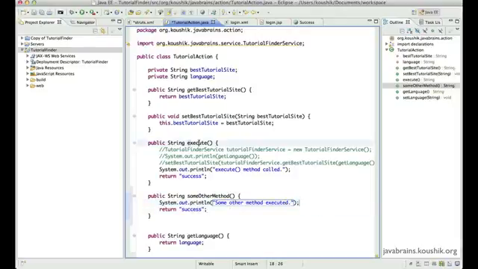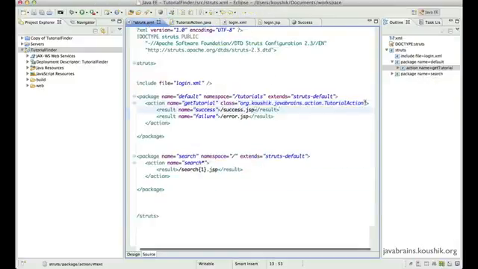So in the execute method, I actually commented out some of the old stuff that I've added in the previous tutorial. So right now it just does a sysout of execute method called, and then there is a different method that does a sysout of a different message. All right, so I'll save this,